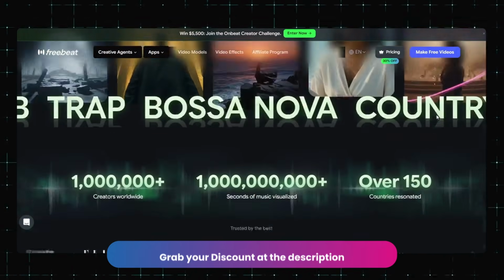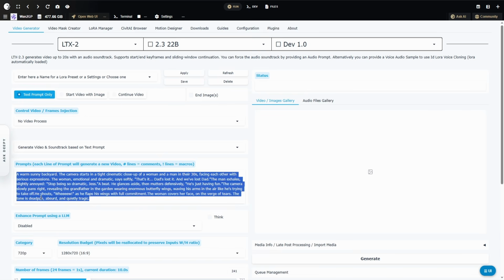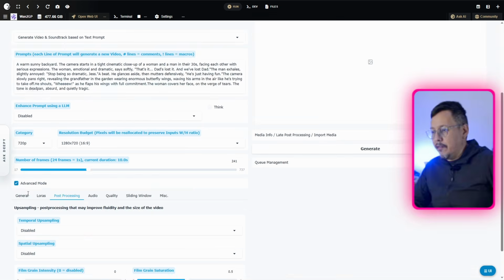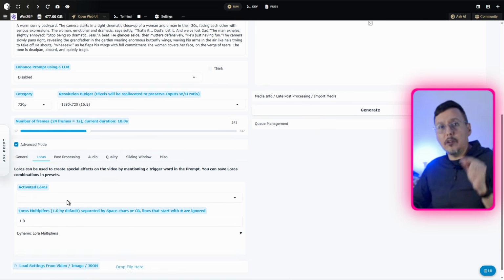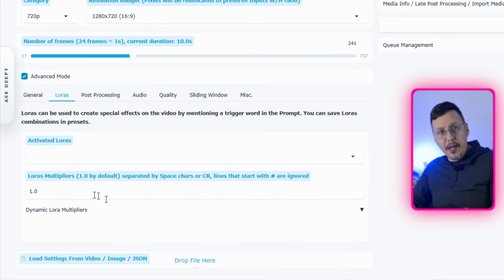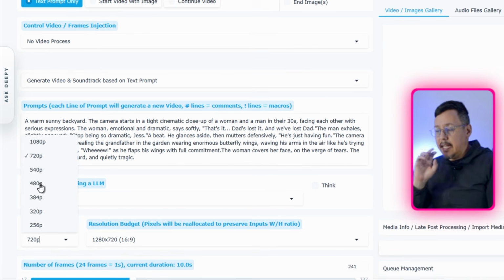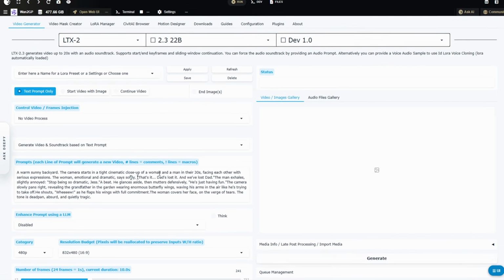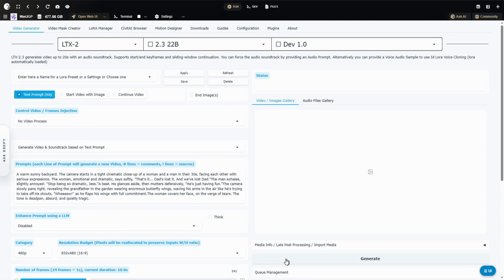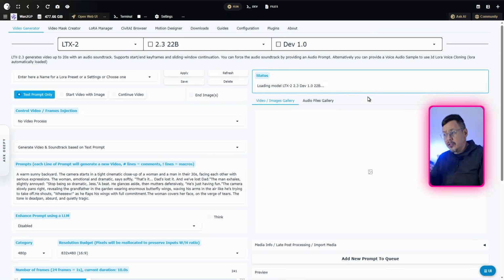Okay, let's continue. Let's do now a side-by-side comparison. First, we'll generate a video without the LoRA. I'll use the default prompt from LTX 2.3 and set the resolution to 480p, so it won't take that long. And here on top, we're gonna leave the same prompt as it comes with the LTX 2.3 model, and we hit generate. The first generation takes a bit longer while the model loads and pulls in all the LTX 2.3